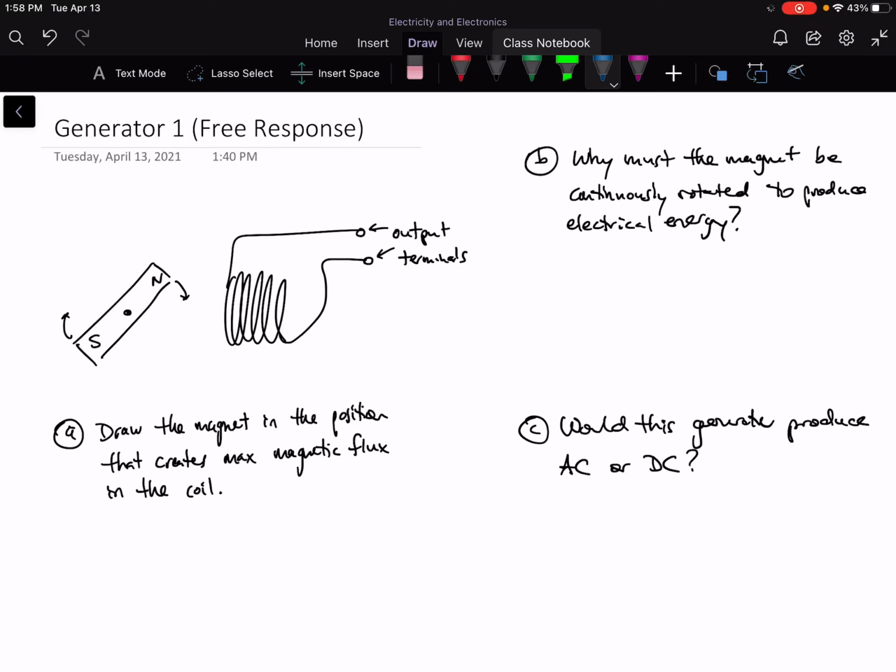Okay, so this is the first generator problem or question. And the first one, part A, asks: draw the magnet in a position that creates maximum magnetic flux in the coil. Remember, magnetic flux is proportional to the strength of the magnetic field. You can think about it like the number of magnetic field lines that are present through the coil. And so what we would want is to have the north or south pole of the magnet as close as it can be